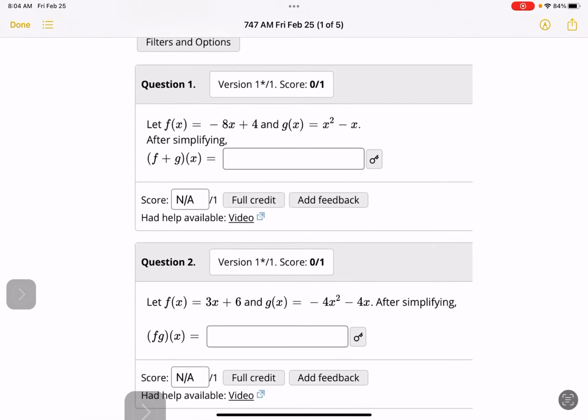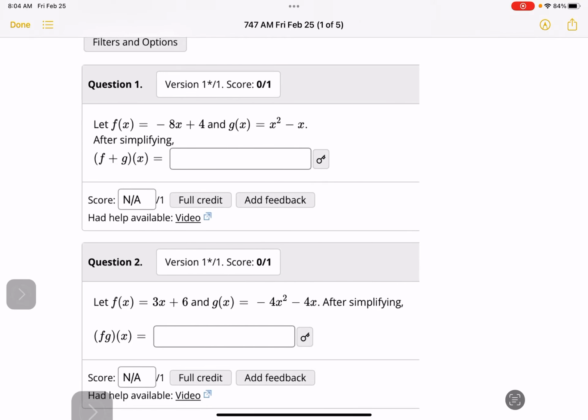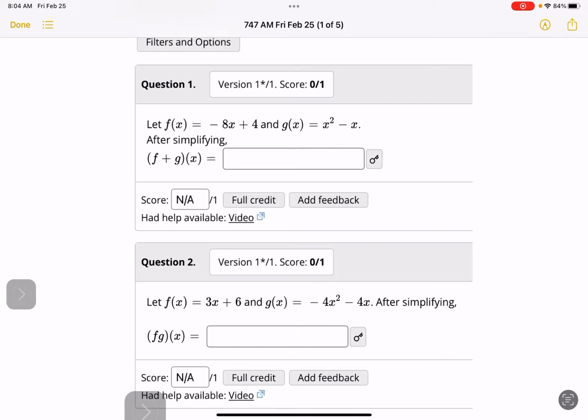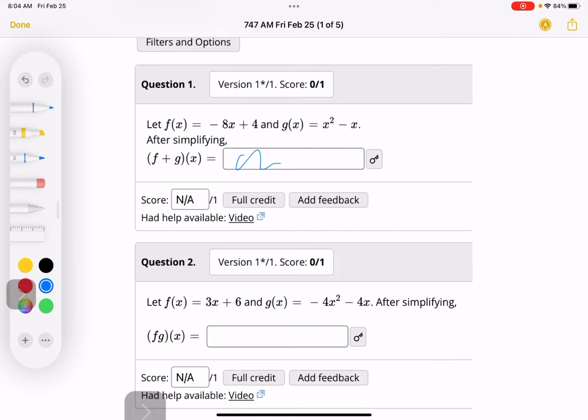Okay, we're going to do a few problems here from 1.4. Not sure that the way I set this up was the best way, but let's see. I don't think I can right there. Look at that. Did not think I could. So